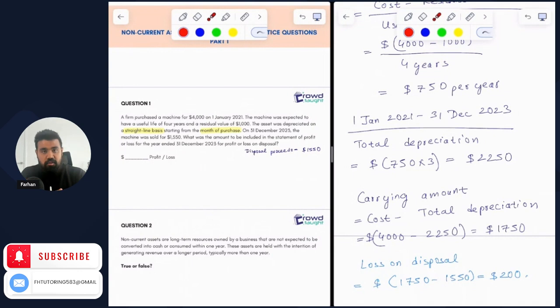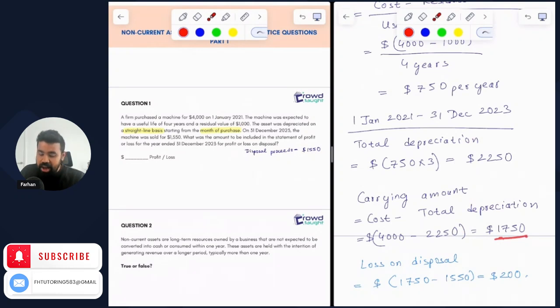Right before the disposal, the carrying amount is calculated by finding the difference between the original cost and the total depreciation, which is also what you refer to as accumulated depreciation. The original cost given in the very first line of the question is $4,000. The total depreciation based on our workings is $2,250, which is for 3 years starting 1 Jan 2021 and ending 31 December 2023. Once you do that, you get a carrying amount of